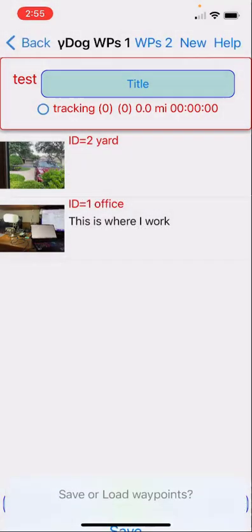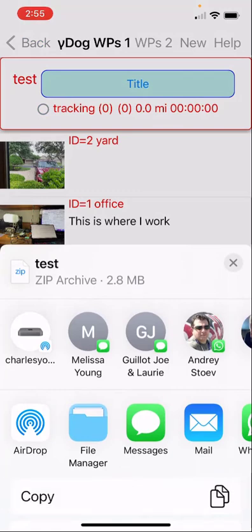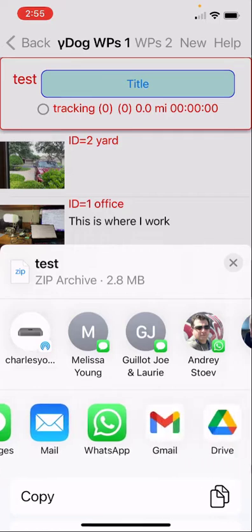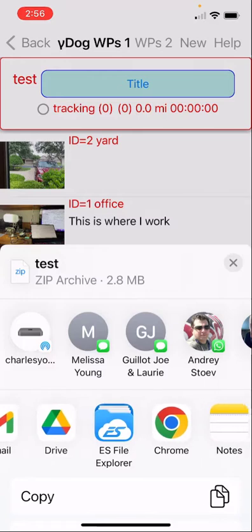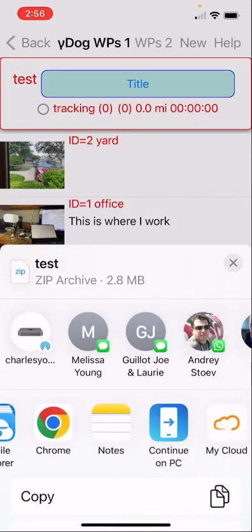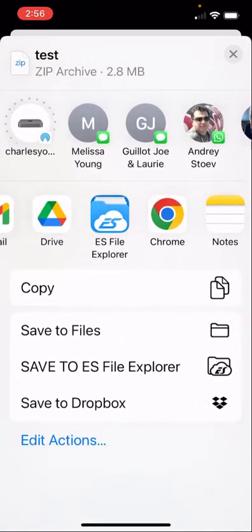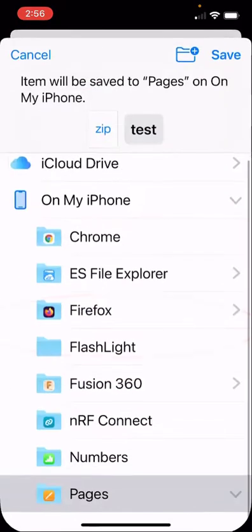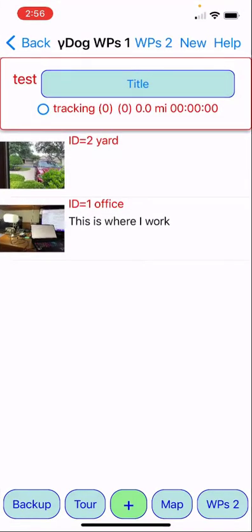And this time you'll see you have a lot of options for saving. You can send this via email. You can store it on the cloud, on Google Drive, or on my cloud. You can send it as a message. I'm just going to save it in the local files here on my phone. And I'm going to say save. And now it's saved. So that's how you